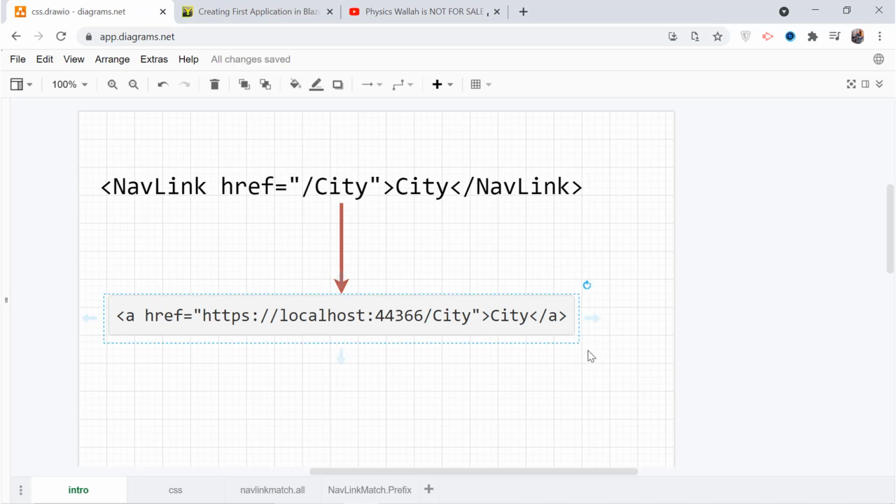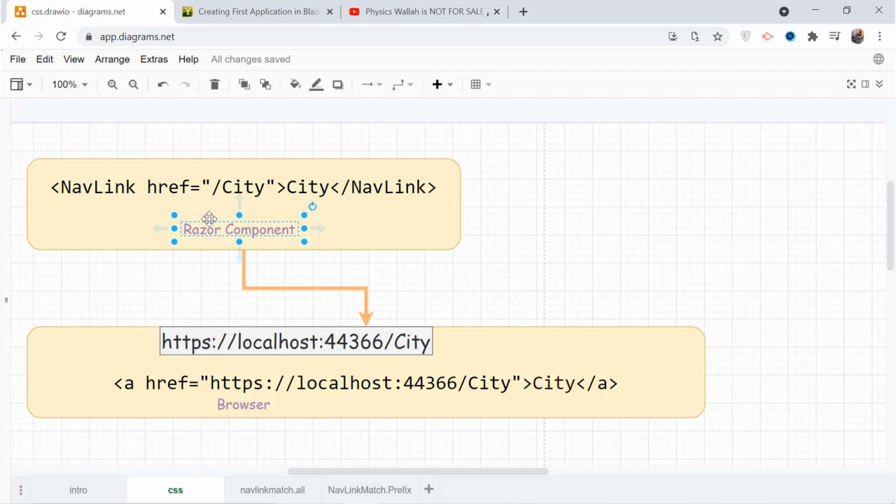Let us understand this with an example. This is the Razor component that is called by the browser. The Razor component has the NavLink component in it, and you can see that the browser is displaying this NavLink component as an anchor tag. So this NavLink becomes this when rendered on the browser.